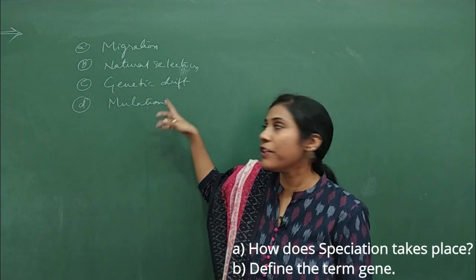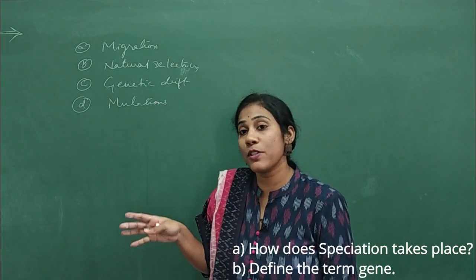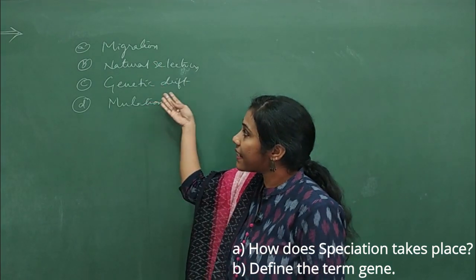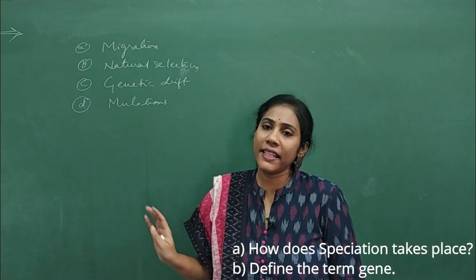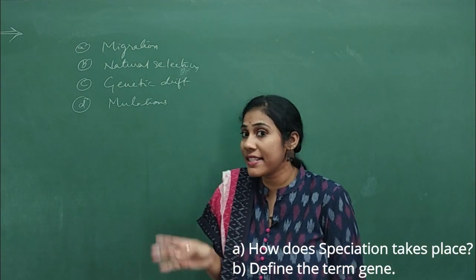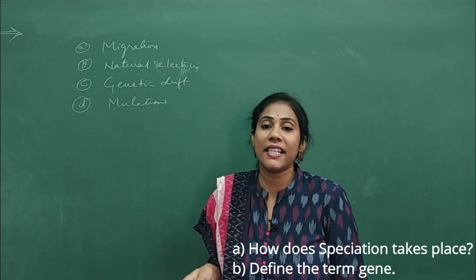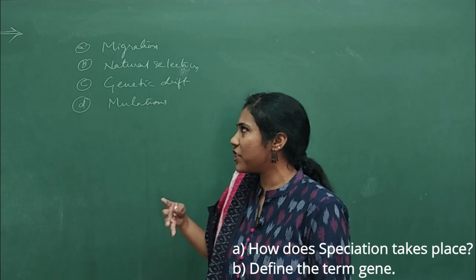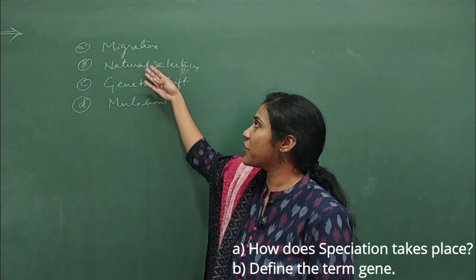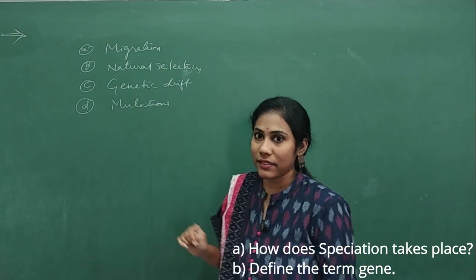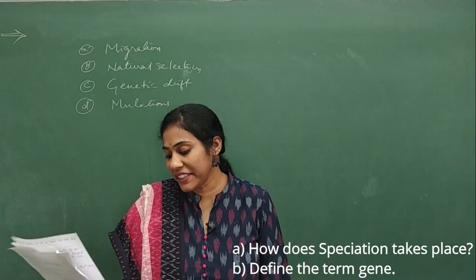Since it's a 2-mark question, if you can just mention the names, it's more than enough. But sometimes questions will come based on these things. Say they would ask you to explain each and everything in a detailed way. For that, you must completely understand the concept, and if you want to understand a concept in a detailed way, we have videos in our channel where the playlist link is provided in the description. You can just go and check the link where I have done a detailed explanation on each and every topic. Clear? Fine.